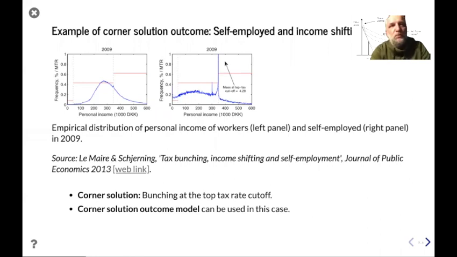But the self-employed have much better possibilities of moving income around from year to year and declaring income and so on. So if you look at their reported taxable income or personal income, there are really massive mass points at those kinks of the distribution. Here is an example where the mass point at the top tax cutoff is 4.3%. These are people that declare their income at the top tax threshold plus or minus something like 500 kroner. It's 5% of the self-employed, or 4 point